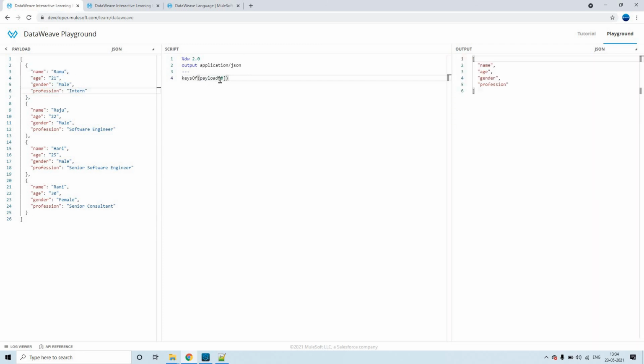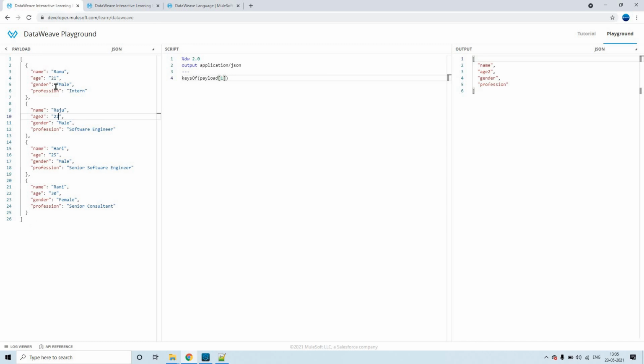Now you see, when I have kept payload of 0, it has printed the keys of these things. Here all the objects' keys are the same, so for example I'm going to put payload of 1 here, and we could see the difference, right? It extracted the keys from this particular object. So this is how it goes on.